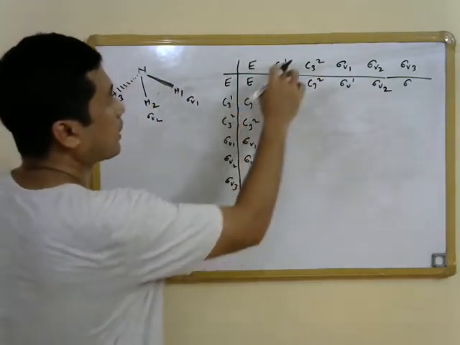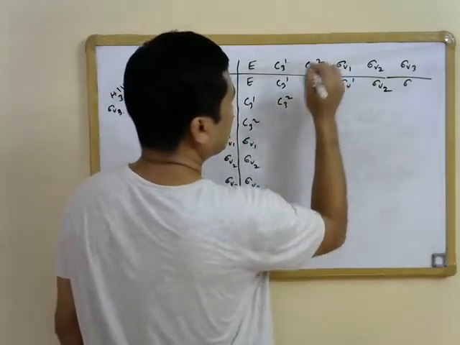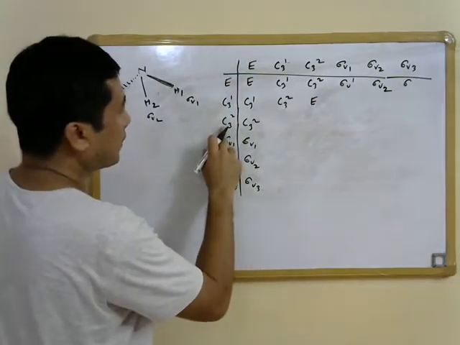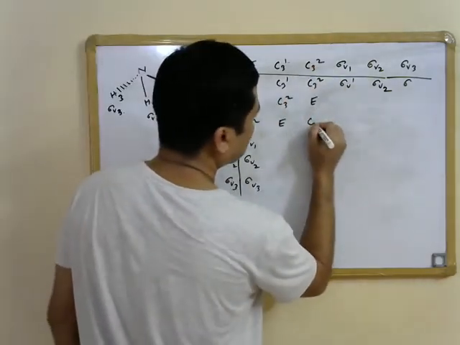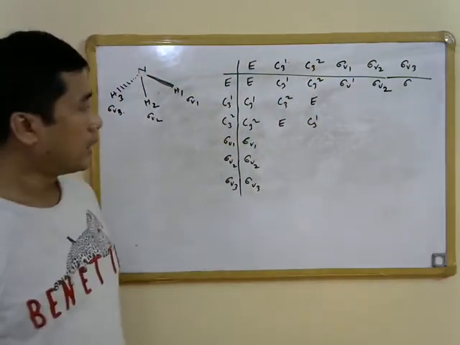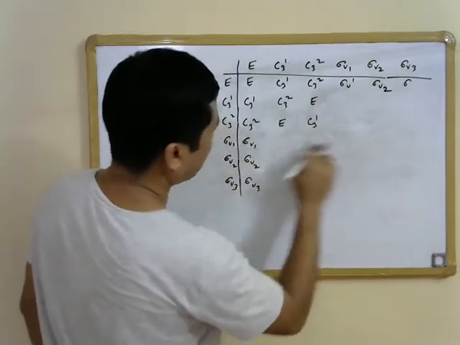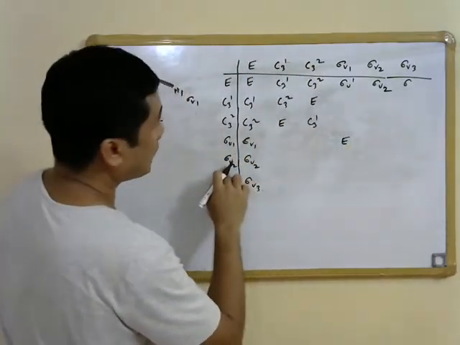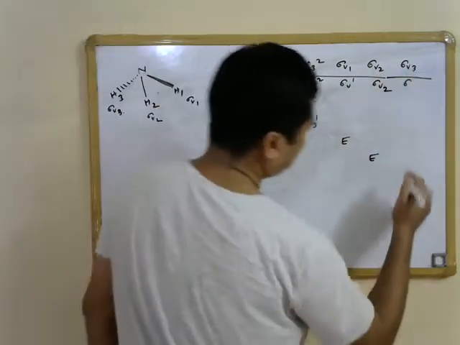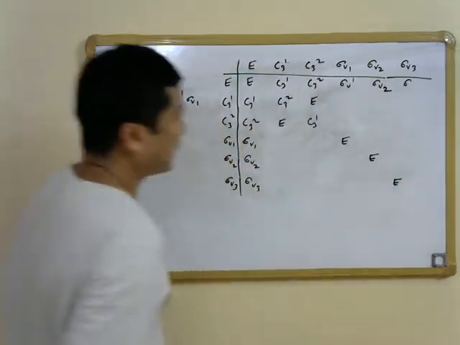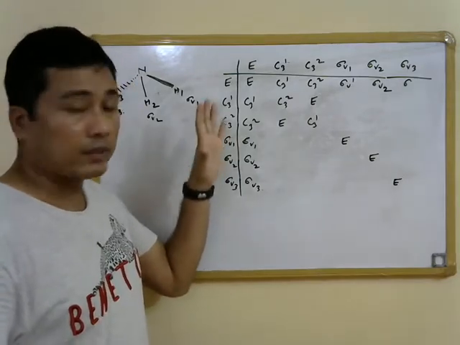Then we also know C31 C32 is going to be C33, which is going to be identity. Similarly, C32 C31 is going to be identity. C32 C32 we know is going to be equal to C31. Apart from this, a few other products also we can find out. Sigma V1 sigma V1 we know is going to be equal to identity. Sigma V2 sigma V2 we know is going to be equal to identity. Sigma V3 sigma V3 is going to be identity. So these products we can easily find out. For the rest of the products, we will now try to find out the other products.